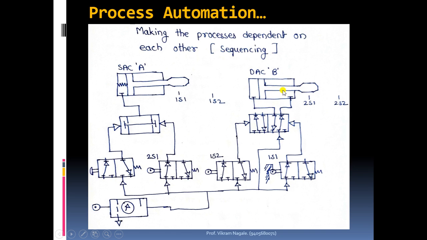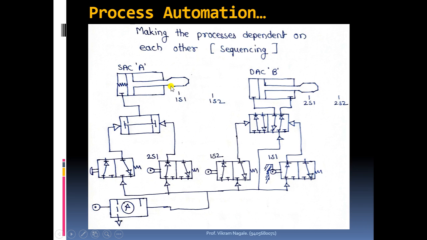So the piston will move towards the right side, it will leave the 2s1 position, and because of this, whenever it reaches the 2s2 position, the limit switch placed at the 2s2 position will get pressed. Okay, and whenever this is leaving the position, the 2s1 limit switch will get unpressed. So whenever it is coming over here, 2s1 will get unpressed. And see,